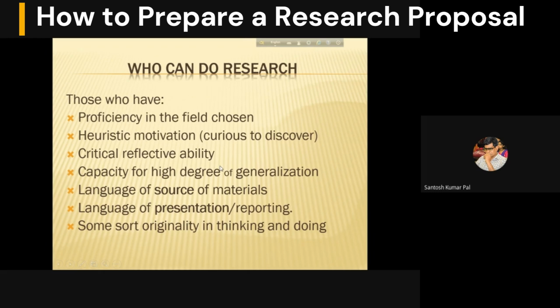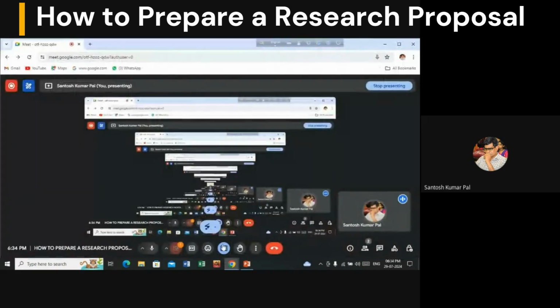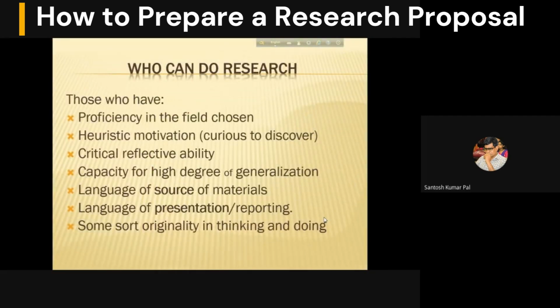এবারে প্রশ্ন হচ্ছে যে কারা রিসার্চ করতে পারে, হু ক্যান ডু রিসার্চ ইন ফিলসফি। এখানে পরিষ্কার আমরা বুঝতে পারছি, যারা ফিলসফির ছাত্র, যারা কোন একটা নির্দিষ্ট ফিল্ডে রিসার্চ করবে ভাবছে, সেই ফিল্ডে অন্তত পক্ষে তার যথেষ্ট দক্ষতা থাকতে হবে, বিষয়টা সে ভালোভাবে বোঝে, অর্থাৎ যে পার্টিকুলার ডোমেনটা সে চুজ করেছে তার উপরে তার একটা মাস্টারি থাকতে হবে। আরেকটা থাকতে হবে যে কিছু করার, কিছু আবিষ্কার করা, কিছু লেখা, কিছু নিজেকে প্রকাশ করার একটা তাগিদ থাকতে হবে।